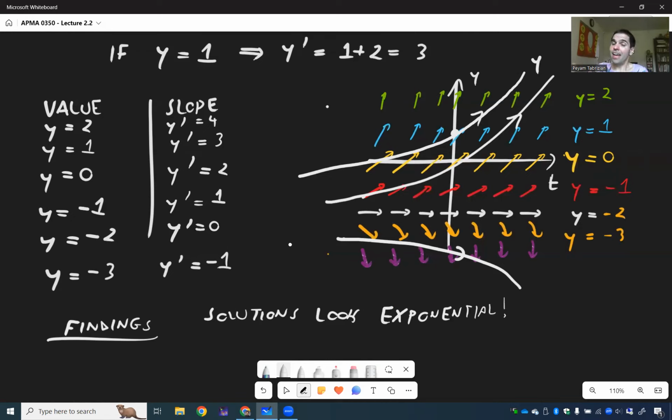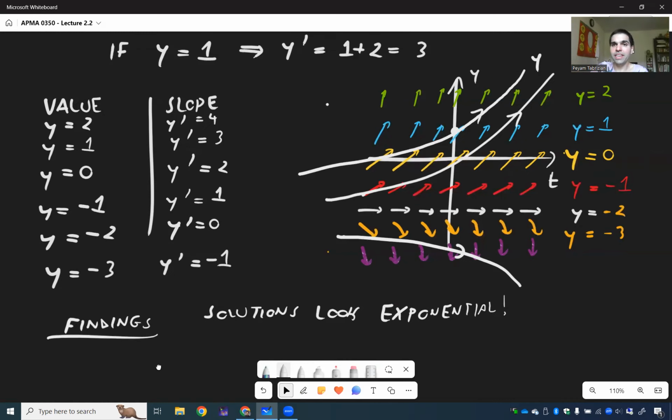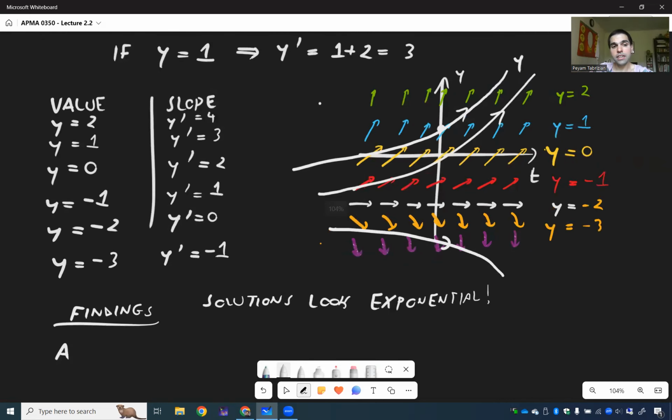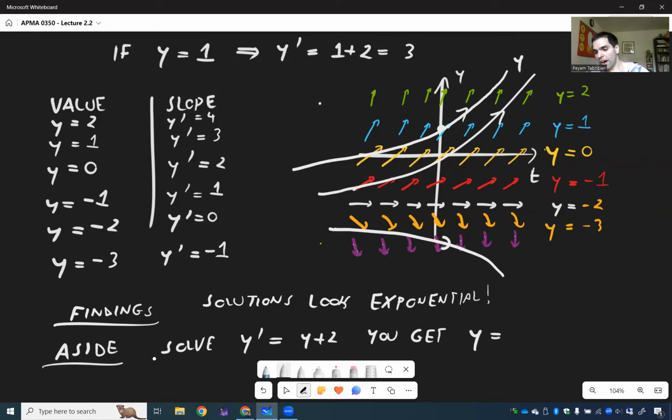Without even solving it. And in fact, here's the cool thing that I mentioned at the beginning. You can actually solve this ODE explicitly. And if you do that, you do find that the solutions are in fact exponential. Because if you solve y prime equals y plus 2, you get y is c e to the t minus 2, which in fact agrees with this picture. But what is the whole point? We did that without solving the ODE, which is why it's a qualitative method,